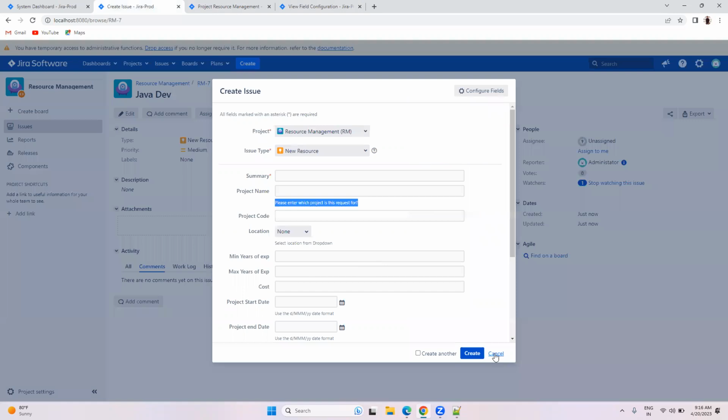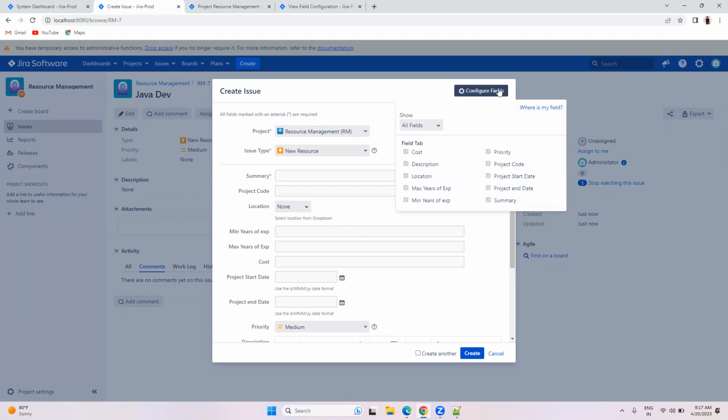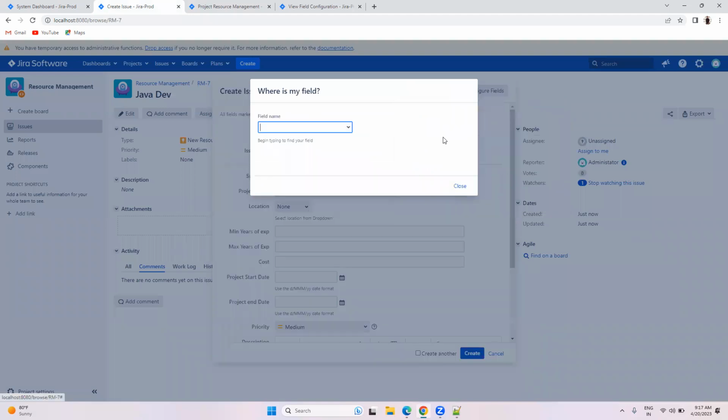Now if I click on this create button, the project name I cannot see, but still the field is available in the screens, but we can control it from field configuration itself. But if I click on configure fields, where is my field? If I enter project's name,